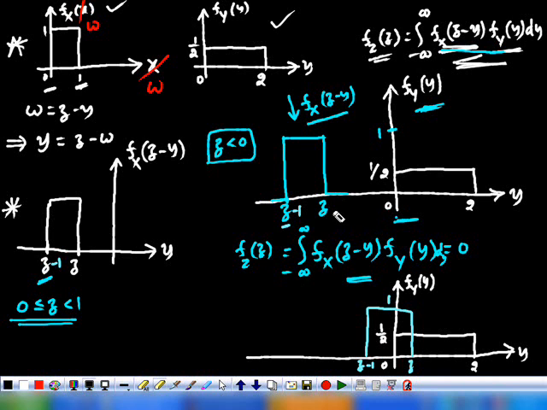So here, as z is less than 0, obviously in this case also it is 0. Now if you observe this, both are overlapping in certain region. So in which region they are overlapping? That is 0 to z. From 0 to z they are overlapping, where z is in between 0 and 1. In this case, z is lying in between 0 and 1. Here you can see this is somewhere 1. Therefore, z is in between 0 and 1. Understood?